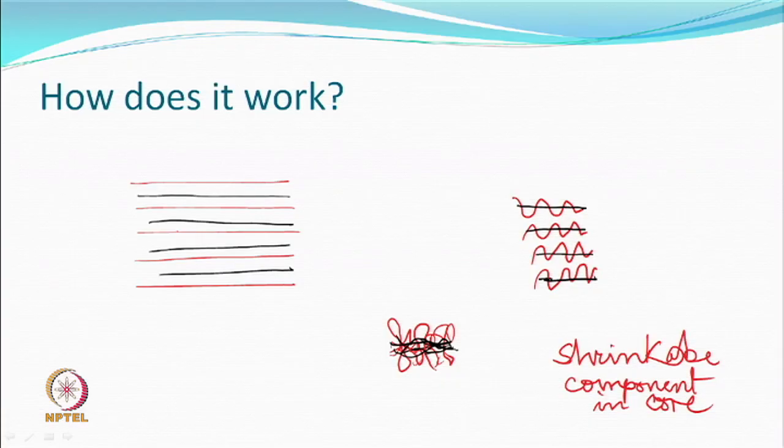So, this is your differential shrinkage. The shrinkable component goes into the core. So, it is clear that you have got to have a shrinkable and a non-shrinkable component. If you look clearly, the shrinkable component is shrunk, but does not really contribute much to the bulk. So, the combination is a bulk yarn. The bulk is being contributed by the non-shrinkable component, which wants to buckle, bend, make loops. So, that is the principle as far as it is concerned.